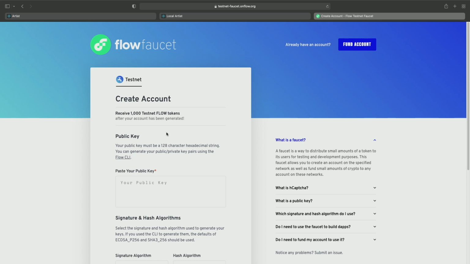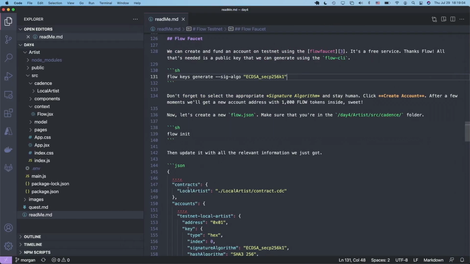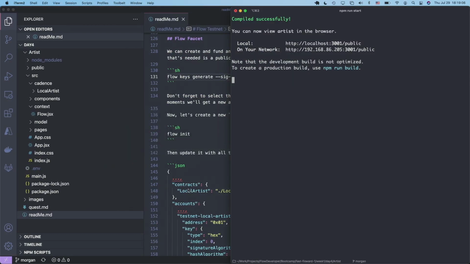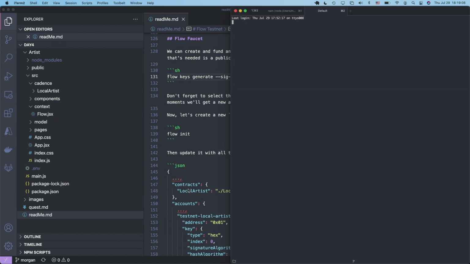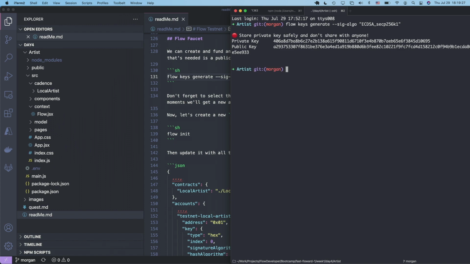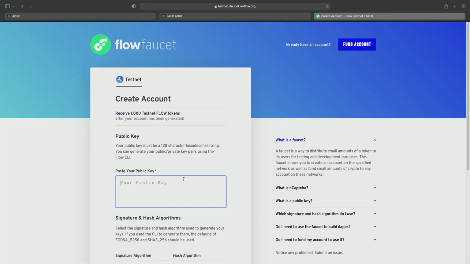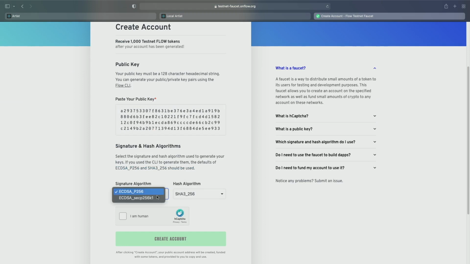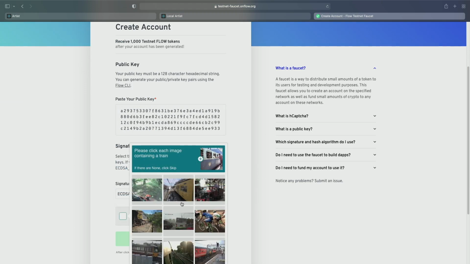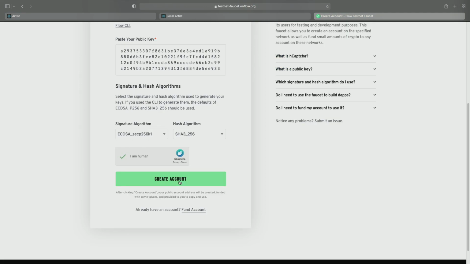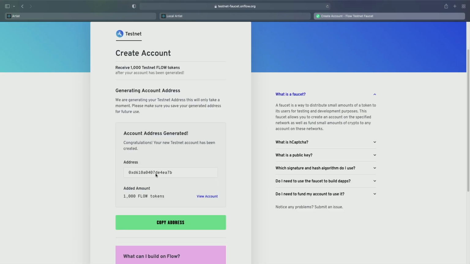Here we go. And we need the public key like I mentioned. Let's create a new tab and let's run the Flow keys generate. All right, so we grab the public key, paste it in, select the appropriate algorithm, make sure that we're still human, and we click create account. All right, let's grab the address